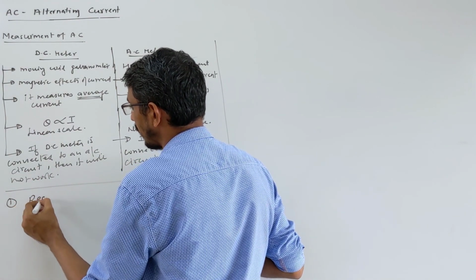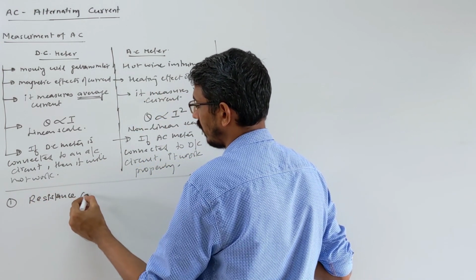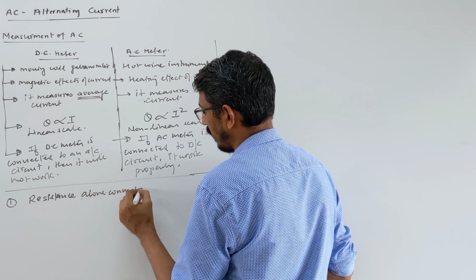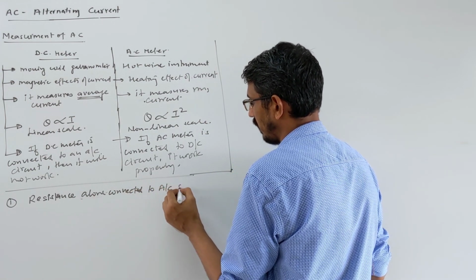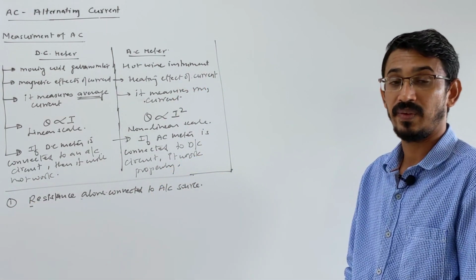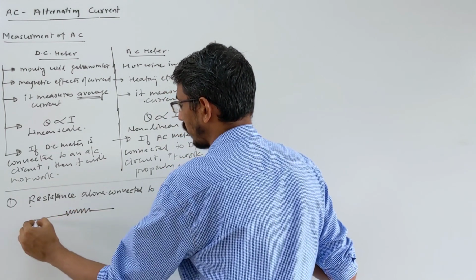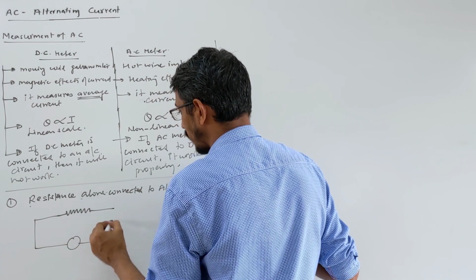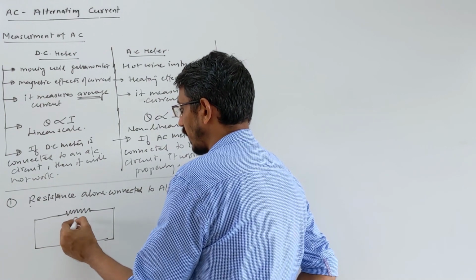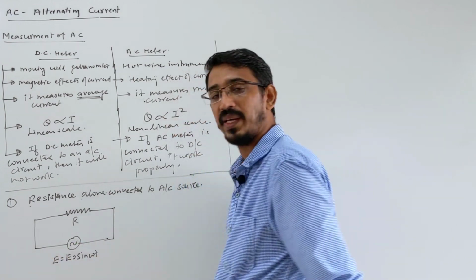So I am writing resistance connected, let's say resistance alone, connected in what? AC circuit. You have a resistance and connect it to an AC source, then what will happen? Let's see. So you have this resistance, and we connect it to an AC source. The AC source we represent in this way by a sign. This resistance is of value R, and what is the voltage supplying? Let's write the AC voltage as sin omega t. This is our AC voltage supplying, correct?